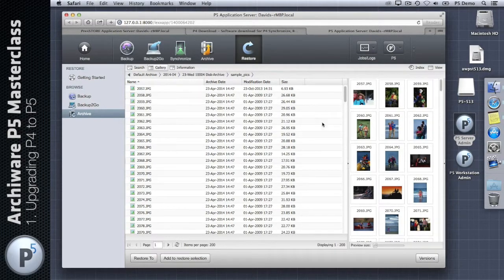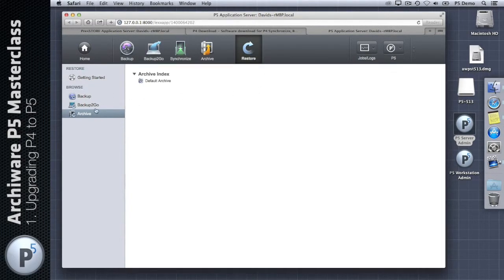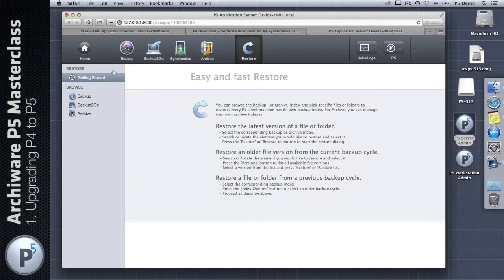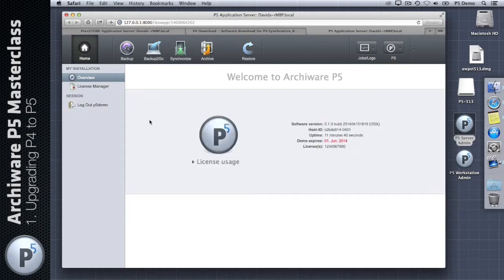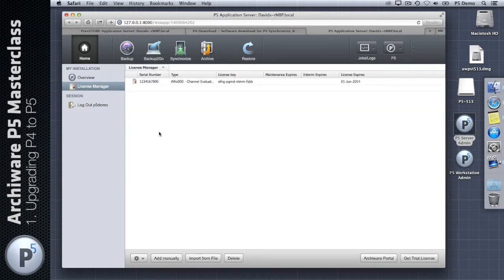Okay, so we've upgraded, we've taken care of the conversion of the archive index, and we're now aware that new indexes are created for backups. What else do we need to think about? Right, first thing to think about following the upgrade, in fact you should really be thinking about this before upgrading, is licenses. Now, I'm running on a demo license here,